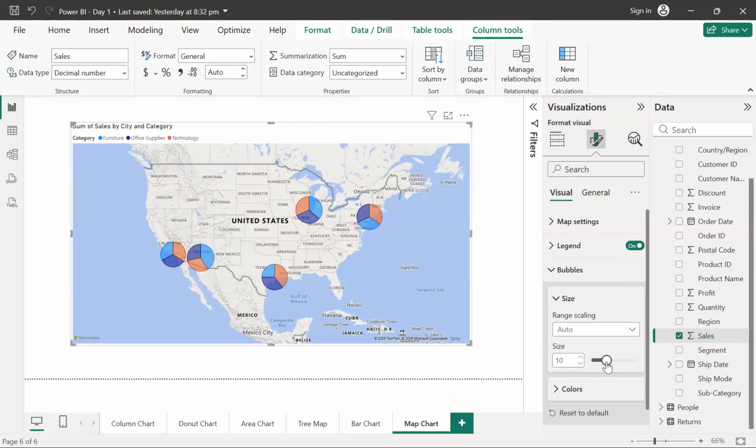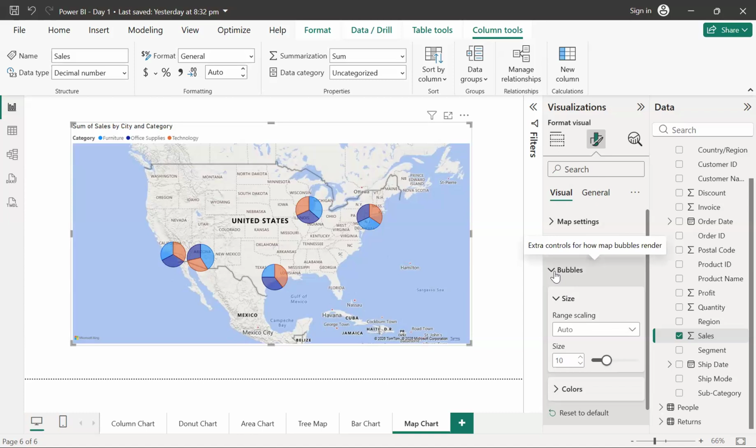But if there are a lot of cities, then I can probably take the size as 1 or 2. Since there are just 5 cities, even if I take the size as 10 or maybe 15, there's not a lot of overlapping. So this is what we are getting over here, guys.